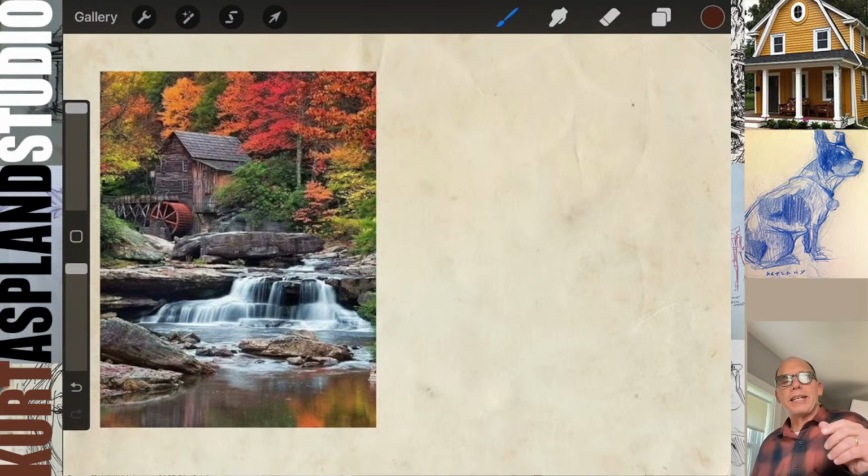My name's Kurt. I'm a dad who draws, and today we're going to draw this beautiful mill with a waterfall, and we're going to draw these autumn leaves in this beautiful forest. How's that sound for this